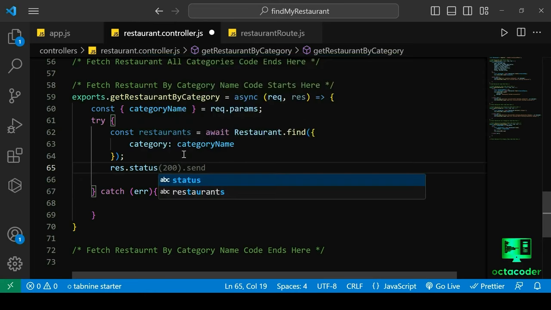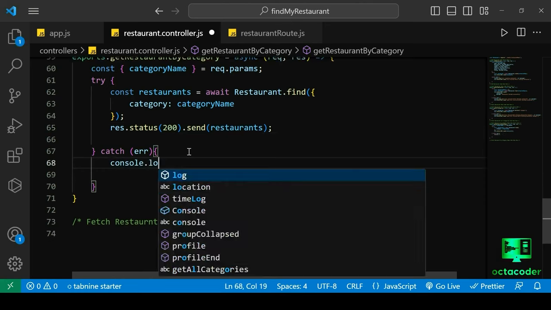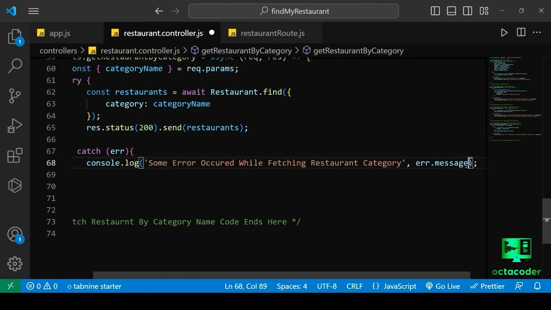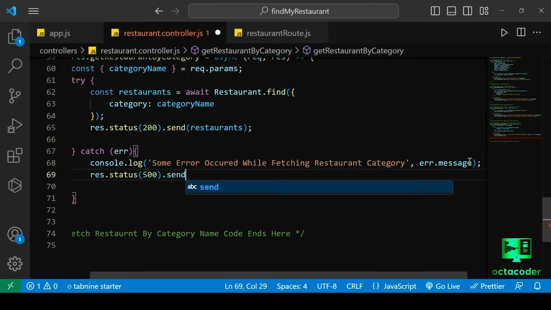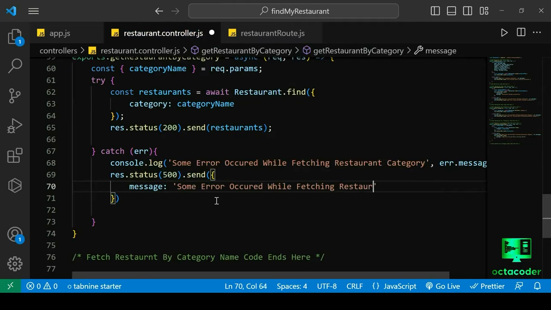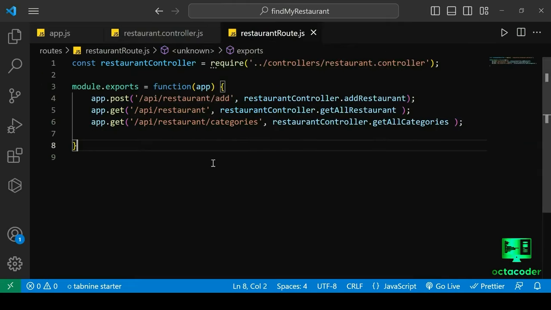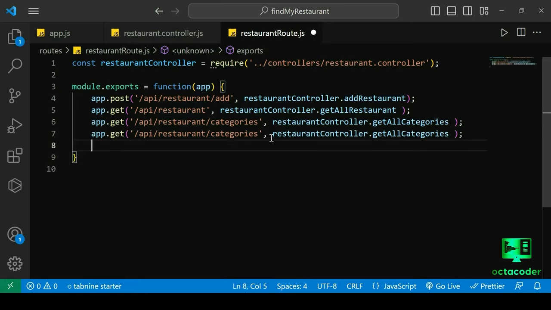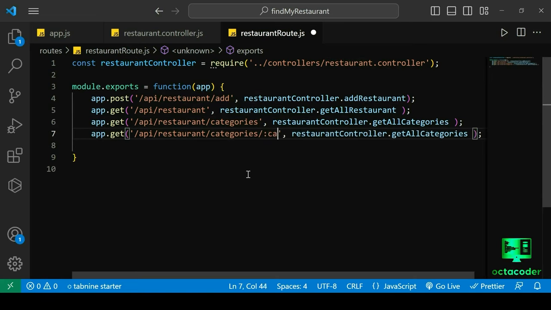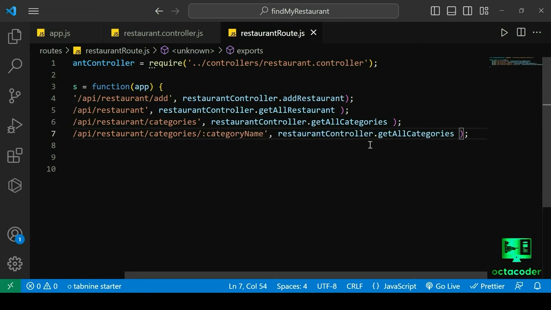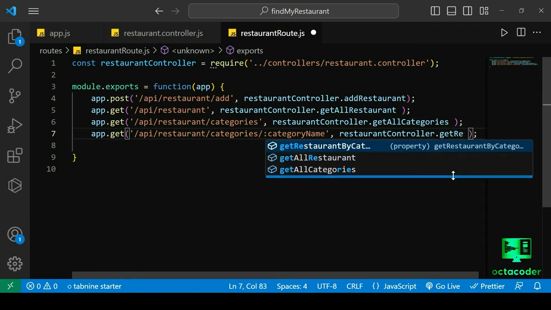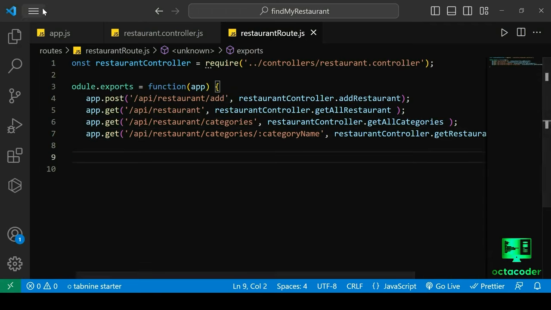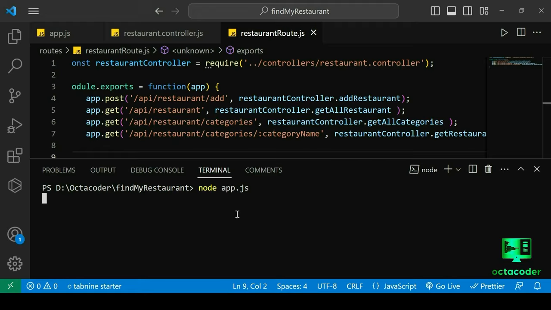Then response.status 200 and send restaurants, and if an error occurs, in the catch block we'll send 500 and the error message. Okay, and now let's give the routing. So in the restaurant route file here, just copy this API and paste. The path is the same, just after categories give a slash and colon categoryName. Okay, then the middleware and the getRestaurantByCategory function, and save it or restart the server and let's test it